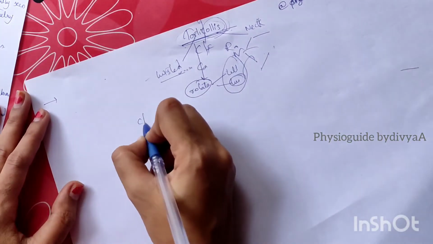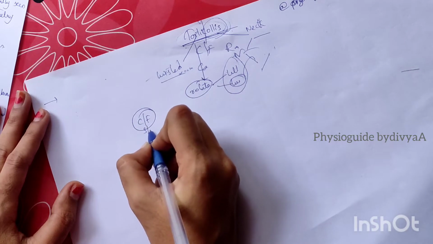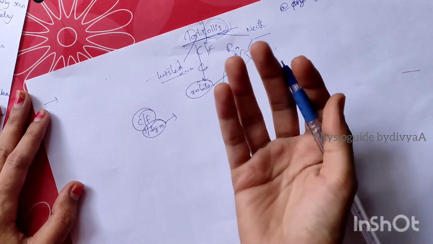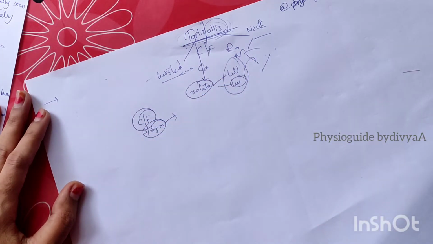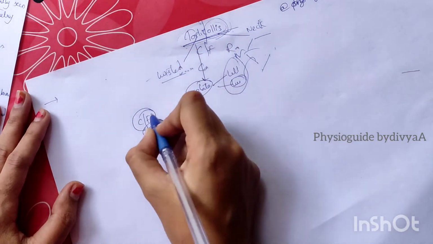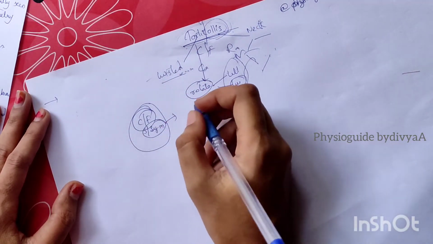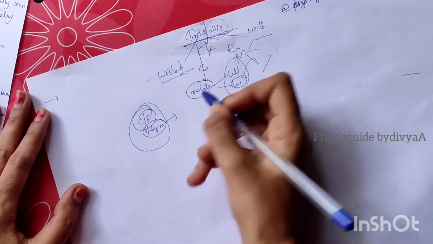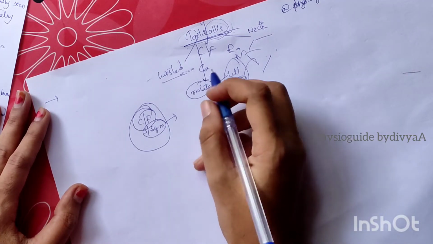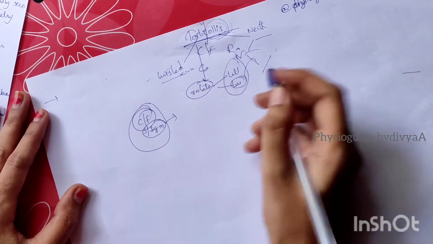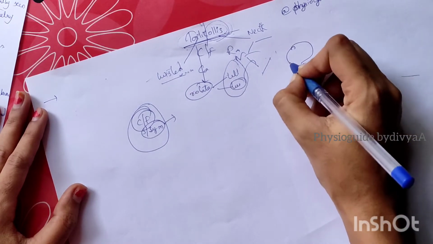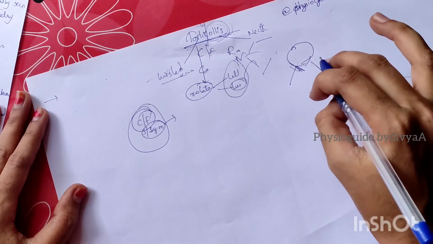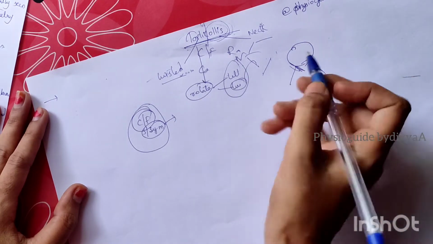Now, what are the clinical features? Clinical features are also known as signs and symptoms, meaning what we see in the patients, what they say and what the doctor sees in the patients. The main symptom is that the patient's head is tilted to one side and the chin is rotated to the other side, meaning the head is turned to the affected side and the chin to the other side.